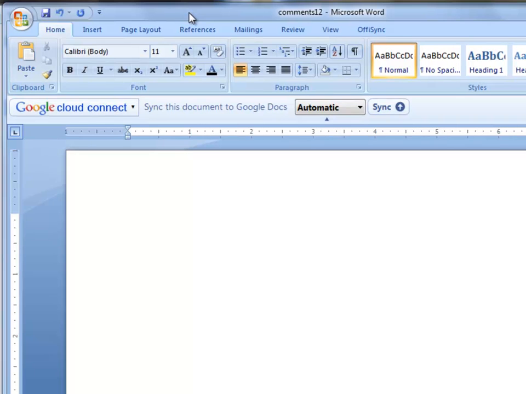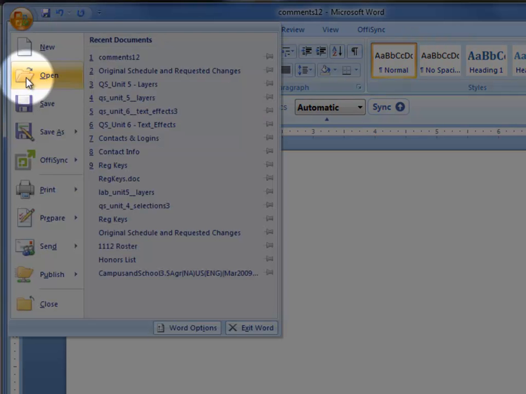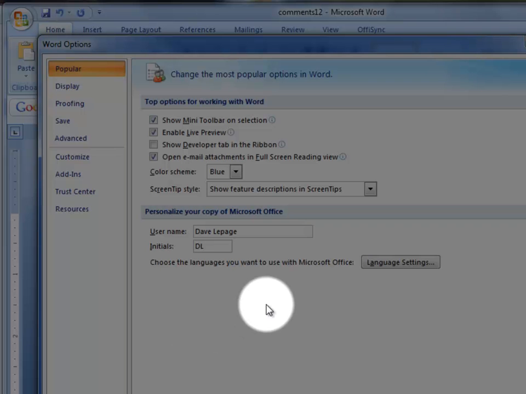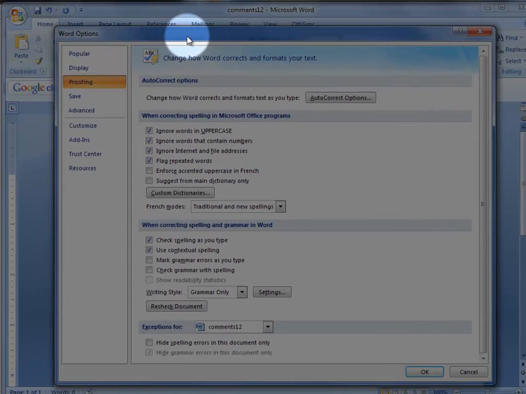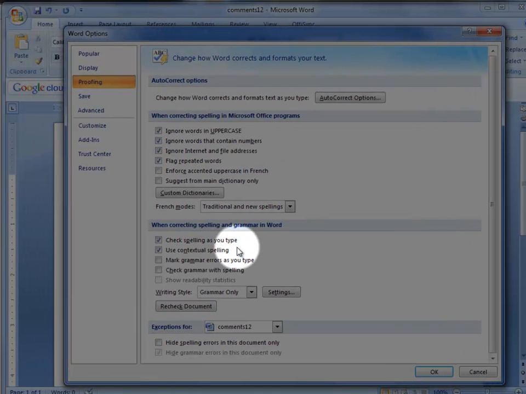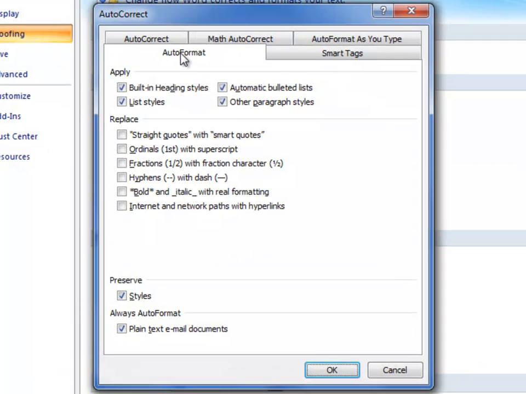So here's Word 2007. I am going to go up to the Office button, and I am going to come down to the bottom right corner of the box where it says Word Options. I'm going to click on that, and you'll see here some options panels. I'm going to click on Proofing. This panel is exactly the way it looks in Word 2010 as well, so you can follow along if you got 2010 here too. So I've got Proofing. I'm going to go click on Autocorrect Options, and if I go into Auto Format,